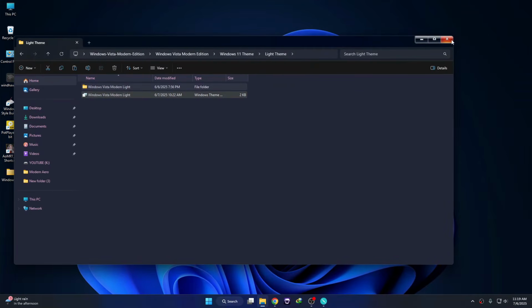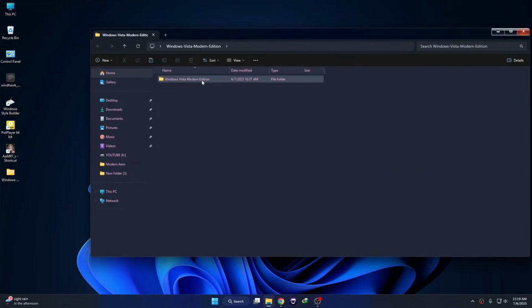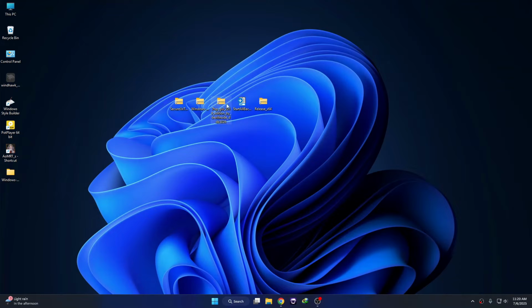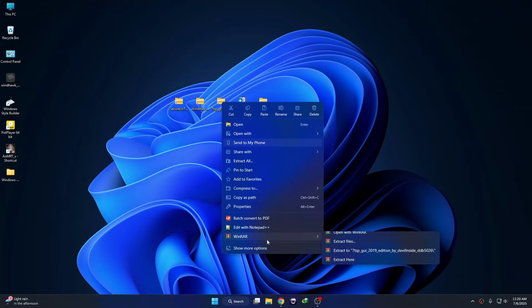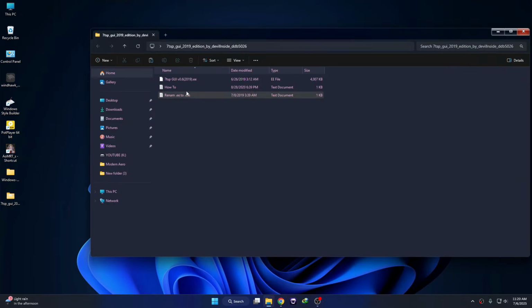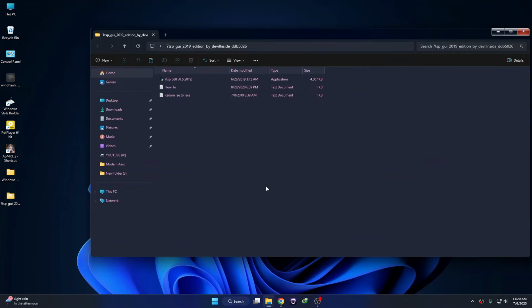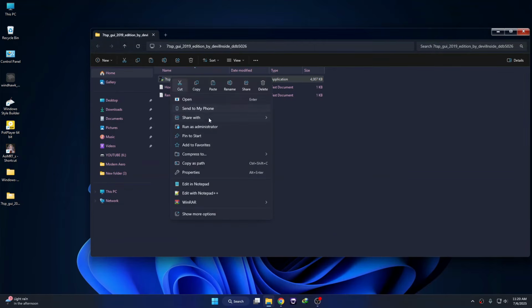Okay, now we need to install the icon pack. In theme folder, here you can see the 7tsp icon pack folder. To use this icon pack we need another software called 7tsp. Just unzip this file and rename it EE to exe and then run this tool, run as an administrator,